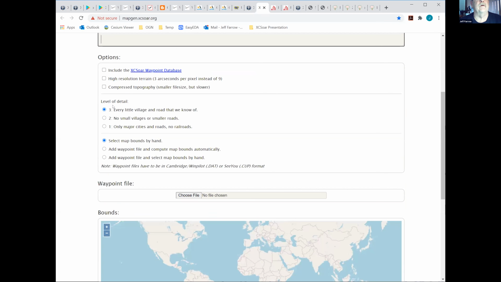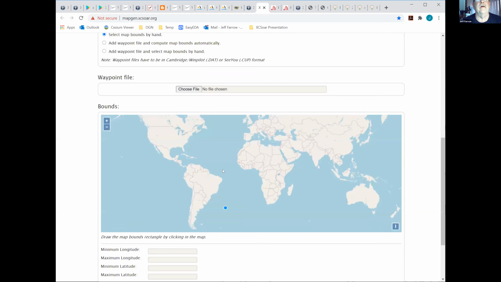You can ask for various levels of detail: the topography in the map, every little village up to only major cities, roads and railroads. In Australia, the detail's so sparse anyway that I'd leave it on every little village and road that we know of. You can select bounds by hand. Now, you do that by drawing on this map down here, but I find that doesn't work. I keep away from it.